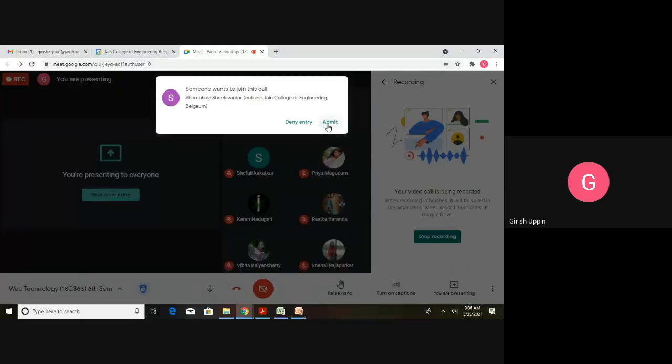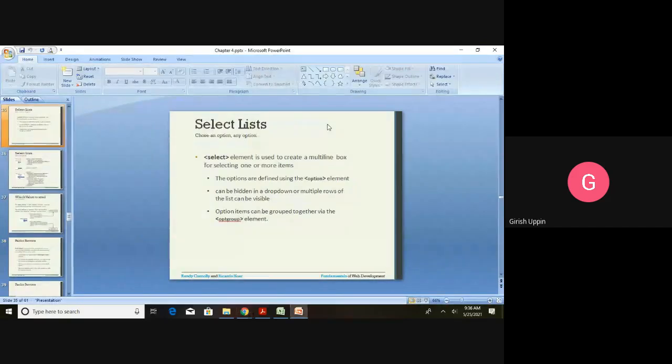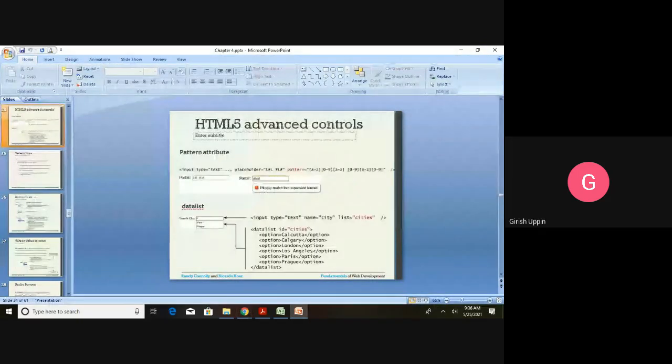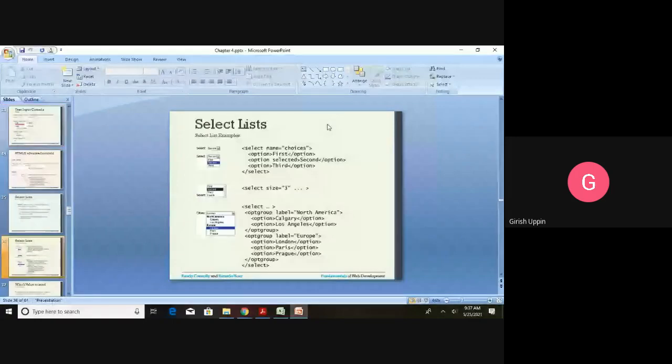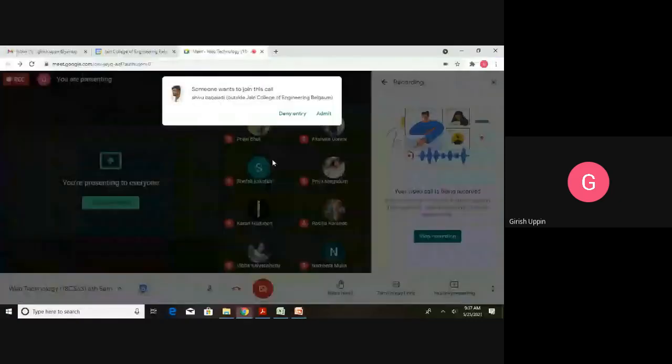In yesterday's class, we looked into some of the form-related HTML5 elements, advanced controls, where we looked into options to be selected. There we looked into the options. Options will provide the list of values that you want to display in the select list, and you can also use the